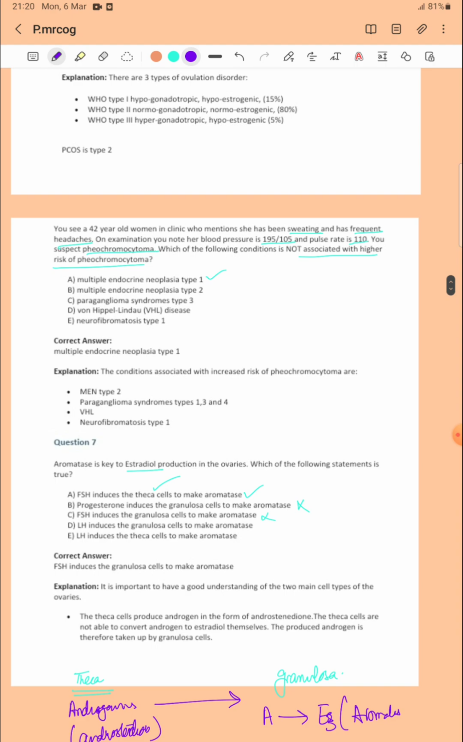Now next question: a 42-year-old female in the clinic mentions that she has been sweating and has frequent headaches. On examination, you note her blood pressure is 195/105 and pulse rate is 110. You suspect pheochromocytoma. Which of the following conditions is not associated with a high risk of pheochromocytoma? It is definitely multiple endocrine neoplasia type 1, as the men